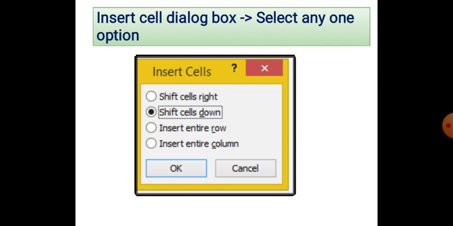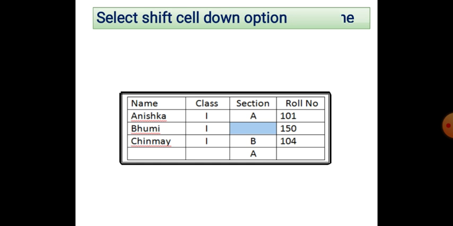Insert entire row will insert a complete new blank row for the cell, and insert entire column will insert a complete new column for the new cell. So we have to select any one of the options. Here we have selected shift cells down and then we will click on the OK button.